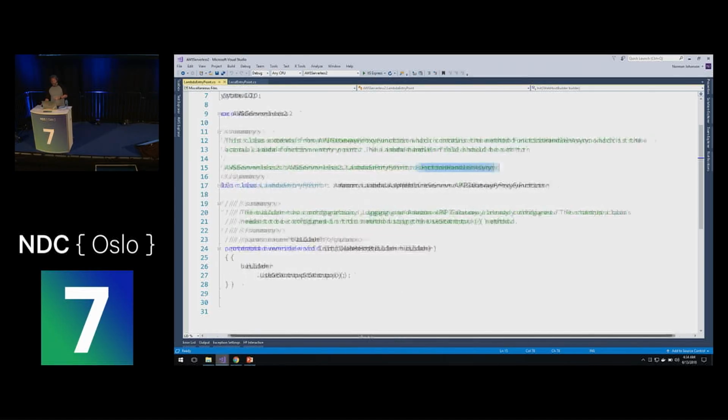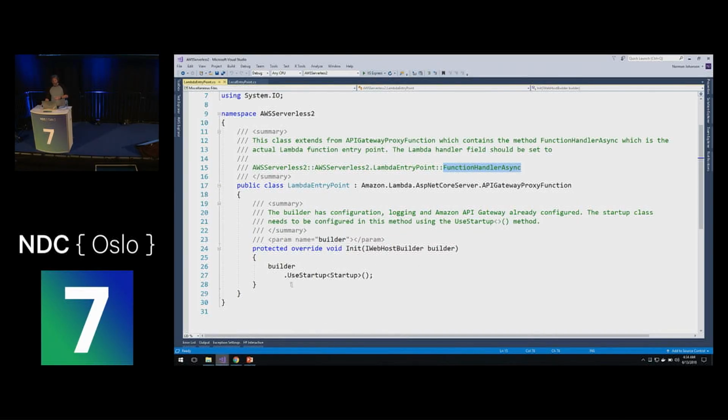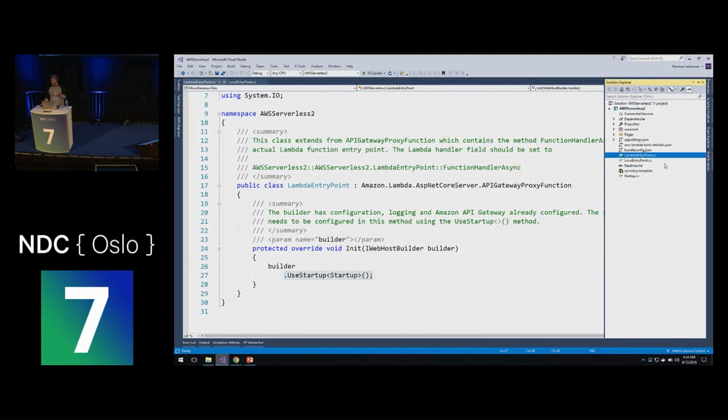Then the only method we actually have to override here is the init method to identify what is the startup class. So this is the only code that I have in this project that is specific to Lambda. Everything else in this project is just standard ASP.NET Core work. So I'm going to just go ahead and deploy this project, and then I'll take a look at the CloudFormation